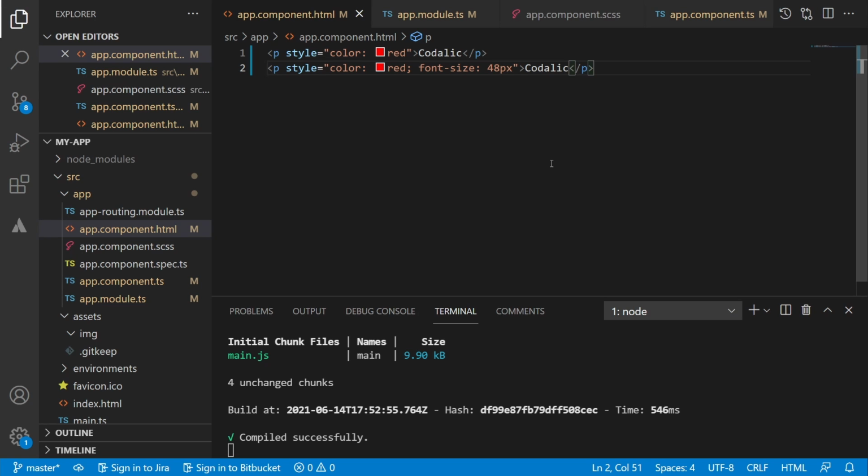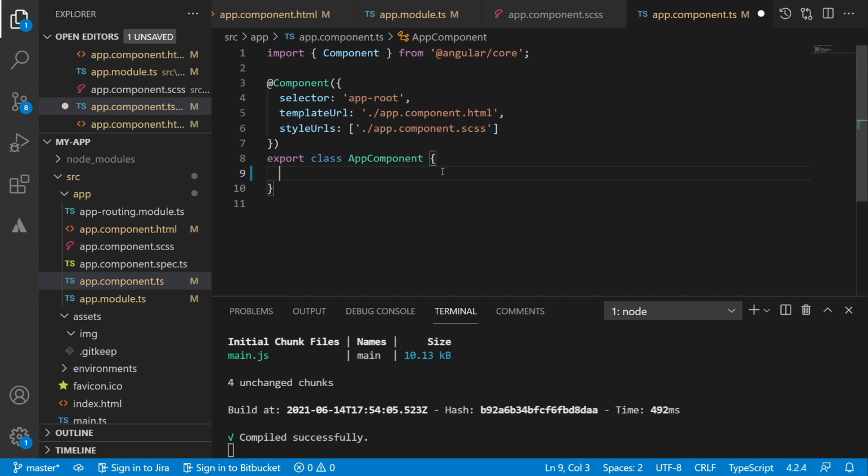Now to make this styling dynamic, that is based on certain condition, probably you want to apply certain style to your element, we have to take the help of ngStyle. And the difference of ngStyle from our previous ngClass is that this applies inline style, unlike the ngClass which brings the style from our SCSS file. Let's see how we can dynamically apply some inline style to our paragraph element.